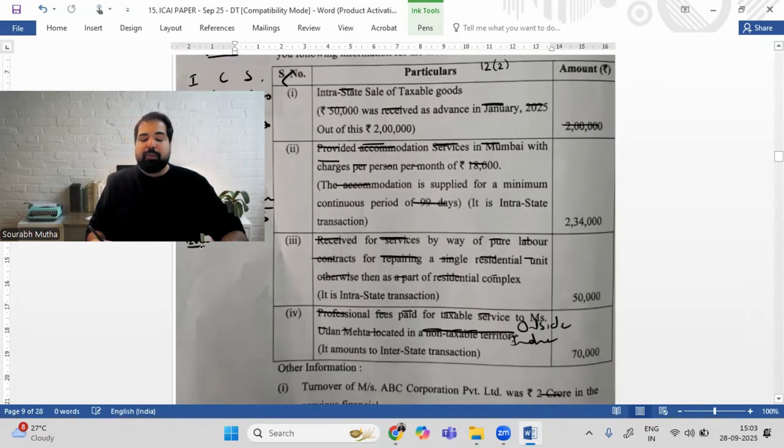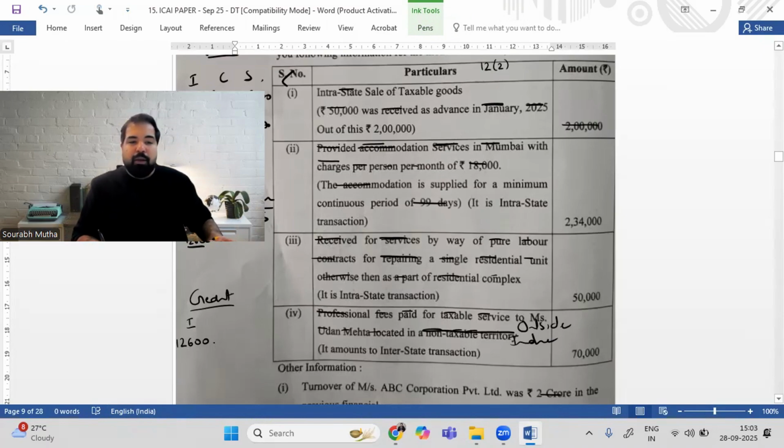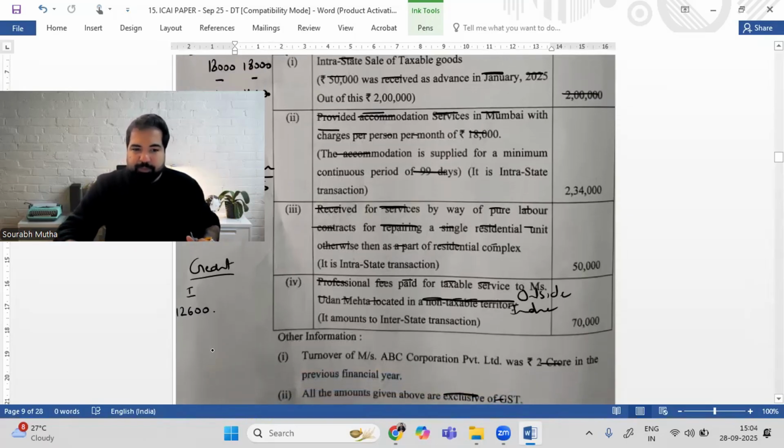This is definitely a liability you'll have to pay. And you don't worry, you can also get a credit for that. So the same that you pay, because anything that you purchase, you also get credit. So in the credit ledger, again, there is IGST of 12,600. So this is how it works. So this 12,600 comes in three places because again, I'll repeat why this RCM will come in three places. One, is it something that you need to pay to the government? Yes. So it will come in a liability, but it will come in your cash ledger because you have to pay through the cash ledger, and you can also take credit because ultimately it's a purchase on which you can take credit. So this is it.